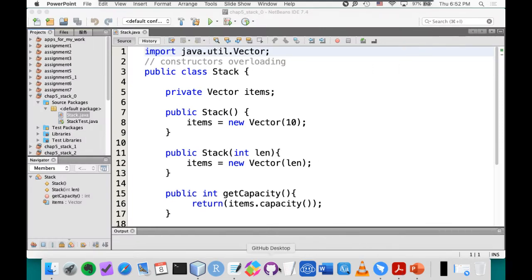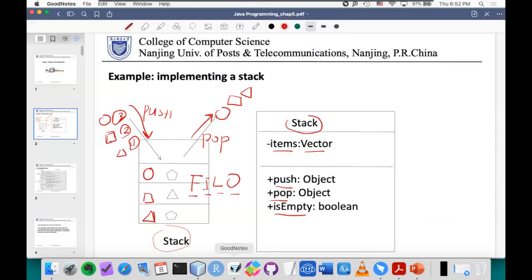Slide is here. Oh yeah, it's inside. Now